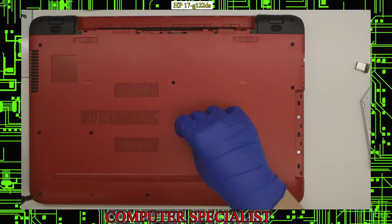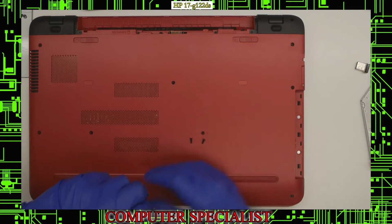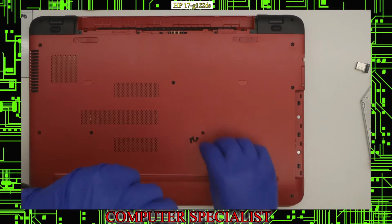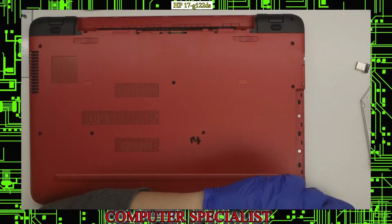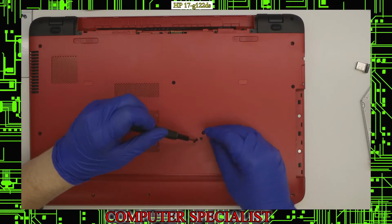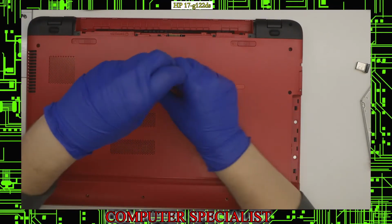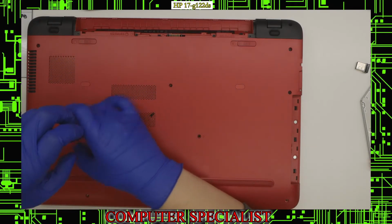Pay attention to the sizes on here. I believe they're all the same size, but always keep an eye out in case one is smaller than the other, so you don't end up putting a longer screw in a shorter hole and then cause damage to the board or the plastics or something along those lines. So I'm going to take all those screws and put them in with the bottom screws and continue removing all the bottom screws one by one,